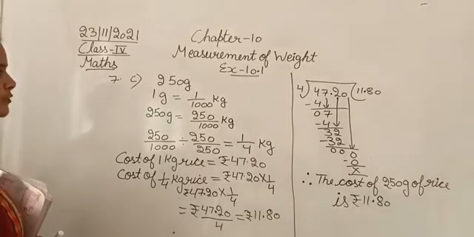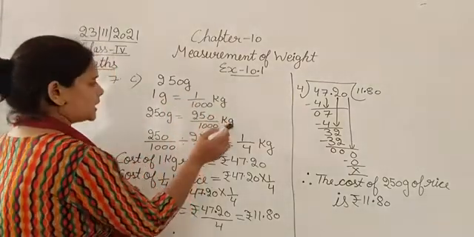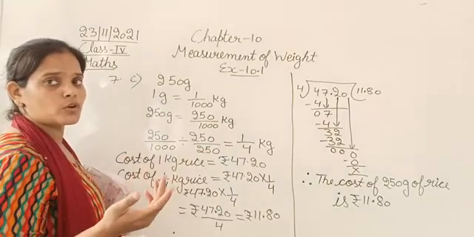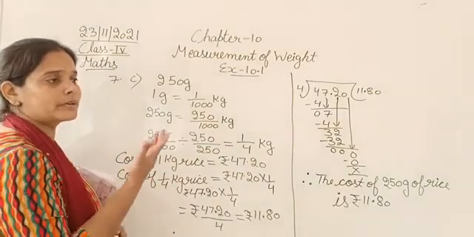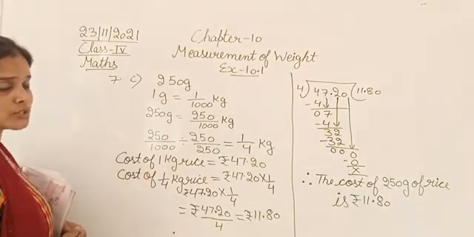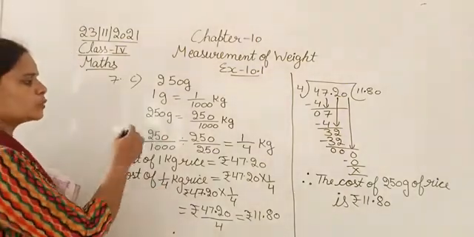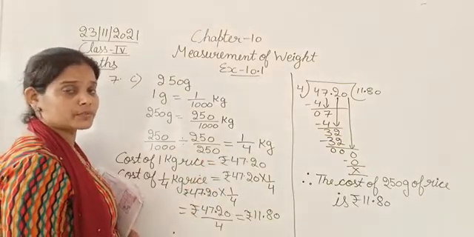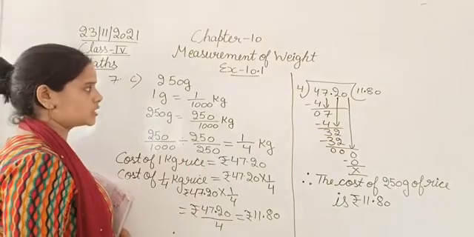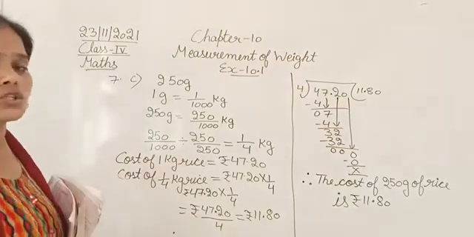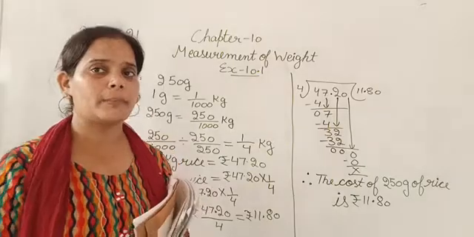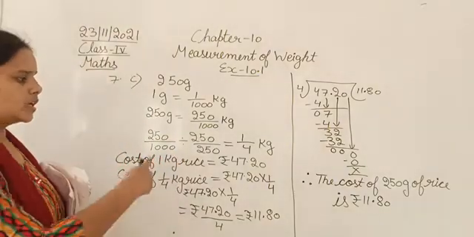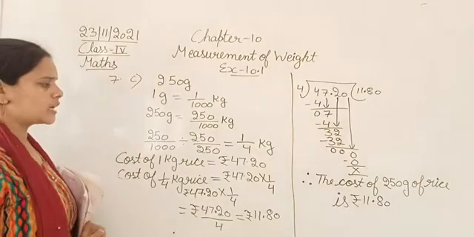So, first of all, 250 gram of rice we have to convert in kg. The reason, because the cost of 1 kg was given. If the cost of gram was given, we must have done it that only. But the cost of kg was given. So first of all, we need to convert it. Okay, if you remember during the fraction chapter, we used to convert the given numbers into its lowest term. तो हमने यहाँ पे lowest term में convert किया. Okay, so after converting into its lowest term, we got that is 1 upon 4.